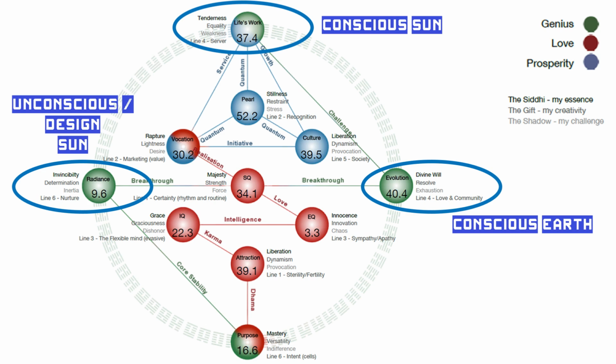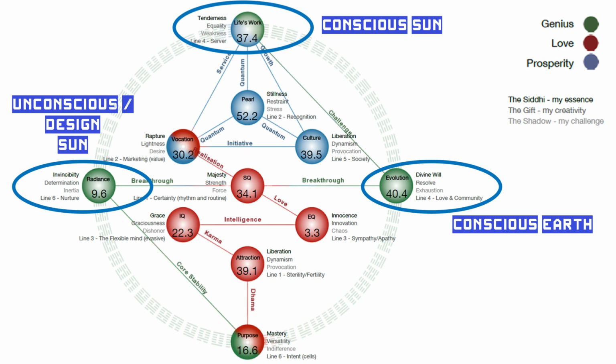And of course, I can't go through all of the different gene keys, but then we also have the radiance key on the left, and the radiance key is what brings wellness and good health. So as Marcus is working in this life's work, for all of us really, we all need something that keeps us healthy, and that is the radiance key. The radiance key is also that hidden gift that shows how you can get in touch with your sense of well-being, because when you're glowing on the inside, you will radiate to the world. So the radiance key is your unconscious sun,